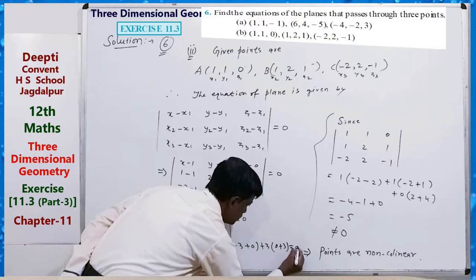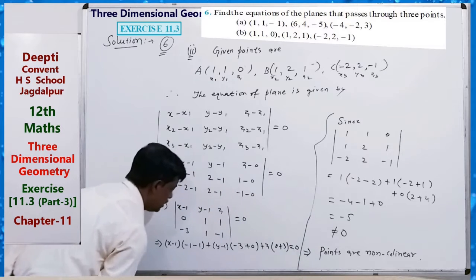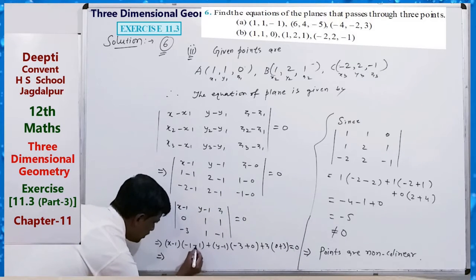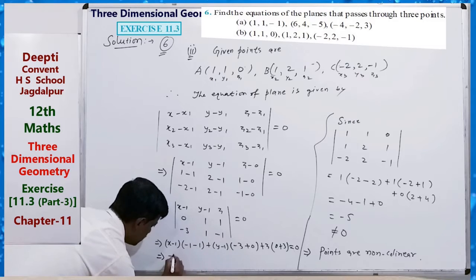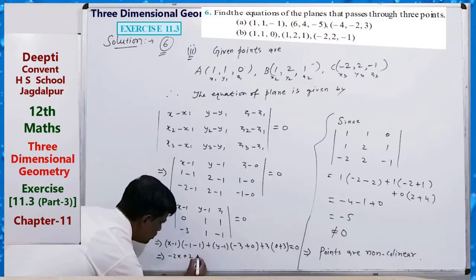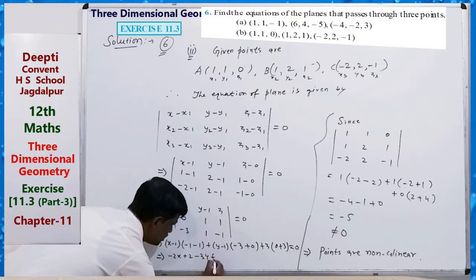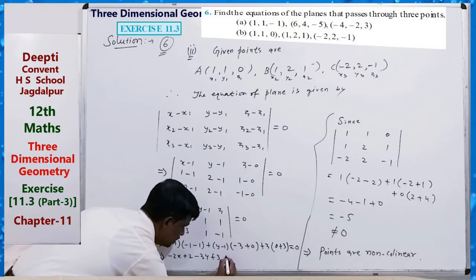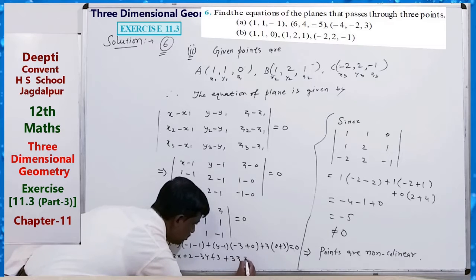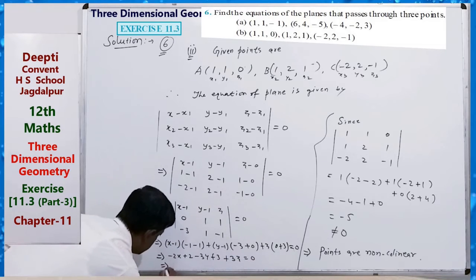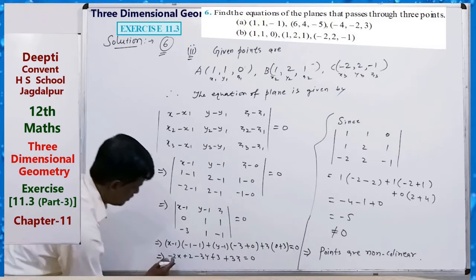This is equal to 0. Clear? Now solve it. Minus 2x plus 2. Here minus 3y plus 3. Here 3z plus 3z equals to 0. Finally, we can write minus 2x minus 3y plus 3z